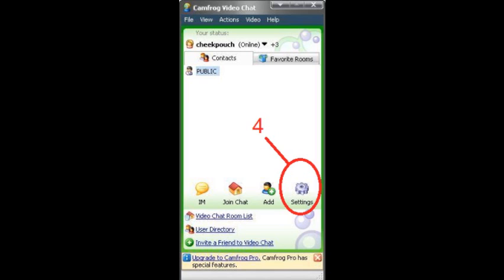You can setting everything in Confog. And the next is the file. You can see the task menu. And the seat, you can see your name, your status, online, away, busy. And next step 7 is you can see your contact. And next step, and the 8, you can see your favorite room.